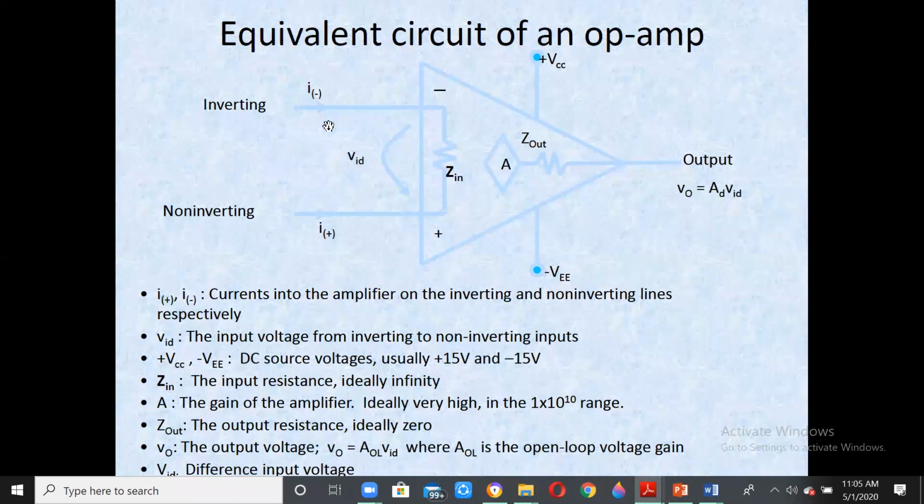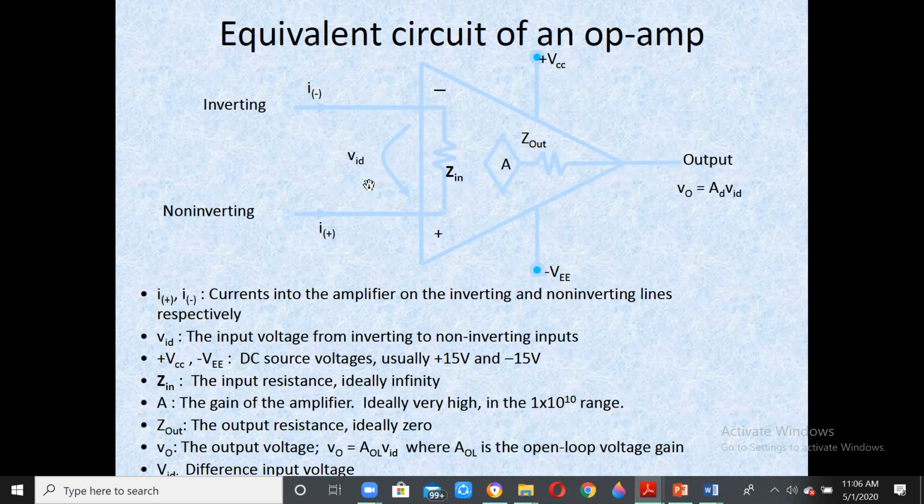What it means is, assuming that you have here 0.1 volts, and this is 10 to the power of 6, and assuming that this is something like 15 volts, okay, let us take 10 volts, and this has 10 volts. Then correspondingly, if I have 0.1 microvolt here, and this is 10 to the power of 6, then the output will be 0.1 volt.